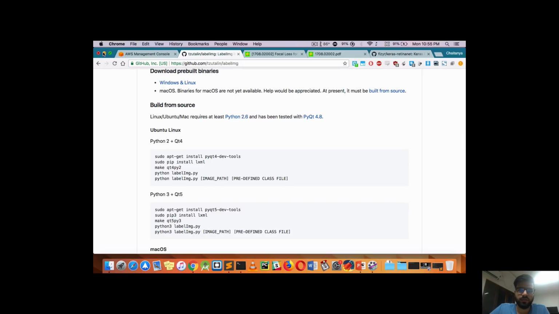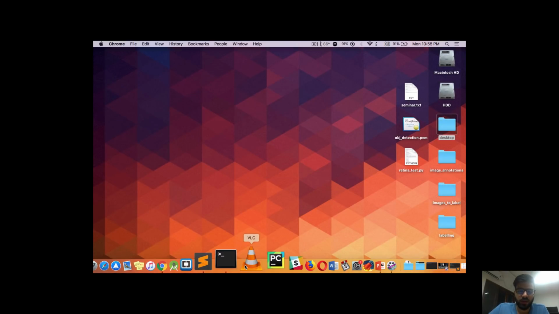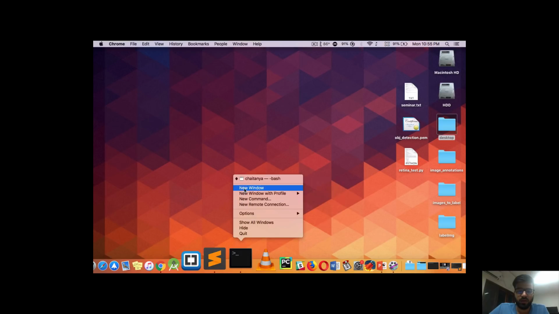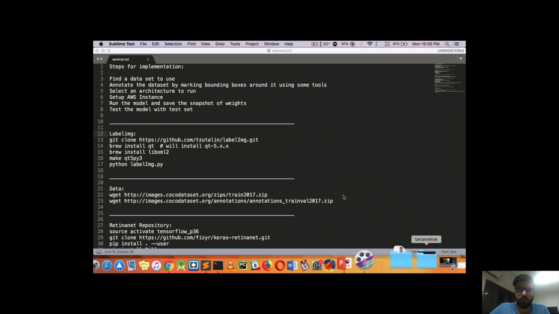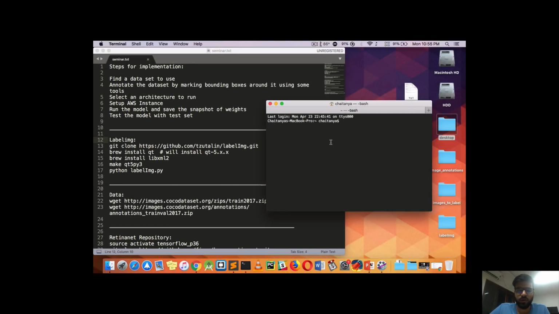For this, I'll show you the installation process first. So let's go to the terminal now. The terminal is already open. The first step is that we need to download the repository. The repository can be cloned onto your desktop or whichever folder you want it to be in. So I'll do a git clone of this repository. As it will take some time, I already have a downloaded version of this repository and I will go to that. So I will go to desktop